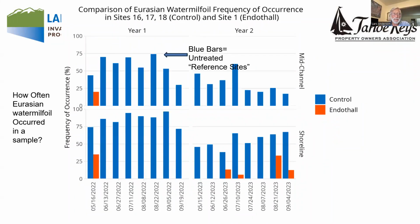So the rakes allow us to tell what species are prevalent and what are not. On the left-hand side, you see I've asked the question, how often does Eurasian water milfoil occur in a sample? Again, the data you're looking at is from hundreds of samples, year 1 and year 2, actually thousands of samples. And this is from the end-of-thaw treatment sites. In this case, again, the blue bars are untreated reference sites. The red bars are the very few instances where Eurasian water milfoil was actually found on a rake sample